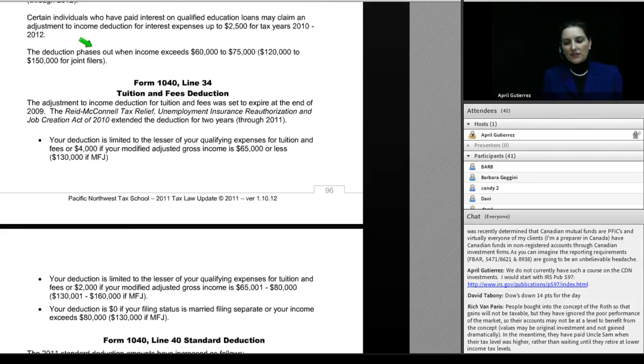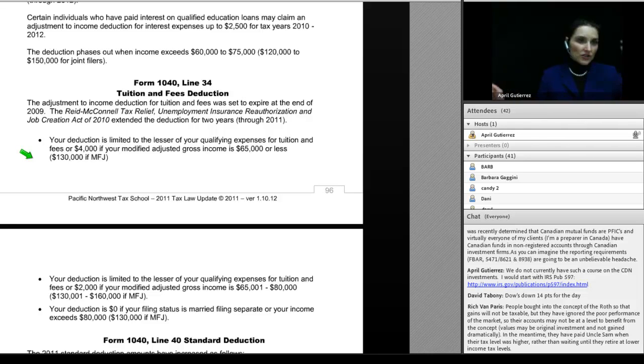The tuition and fees deduction was set to expire at the end of 2009. But it was extended through 2010 and 11, which means 11 is the last year for the tuition and fees deduction. Beyond the fact that it's expiring at the end of 2011, we also have the phase-outs that we have to factor in. And the phase-outs for the tuition and fees deduction used to be higher than the phase-outs